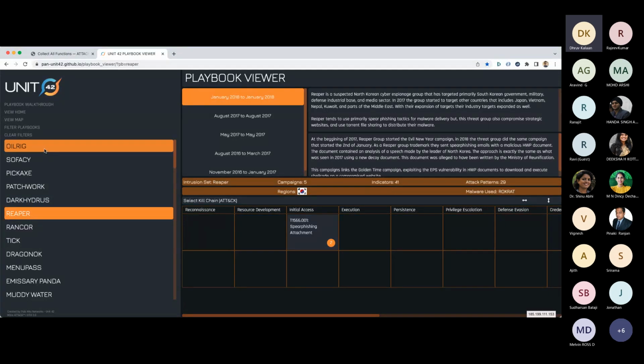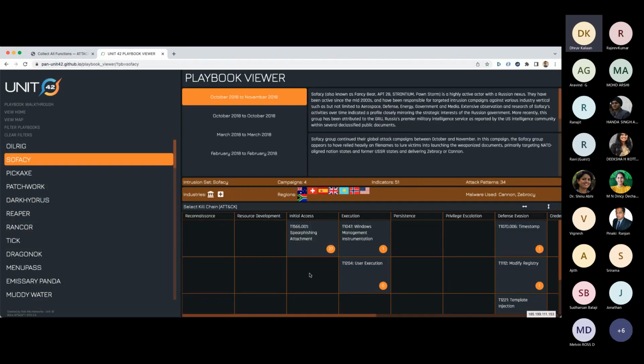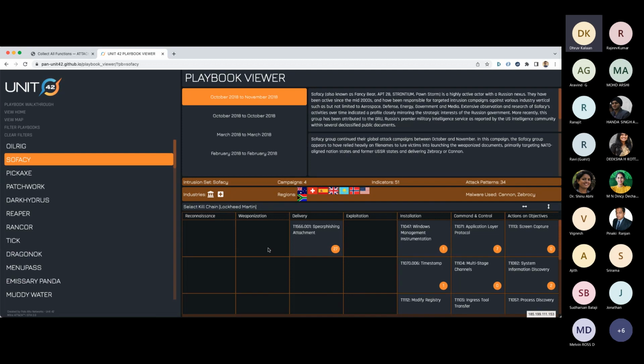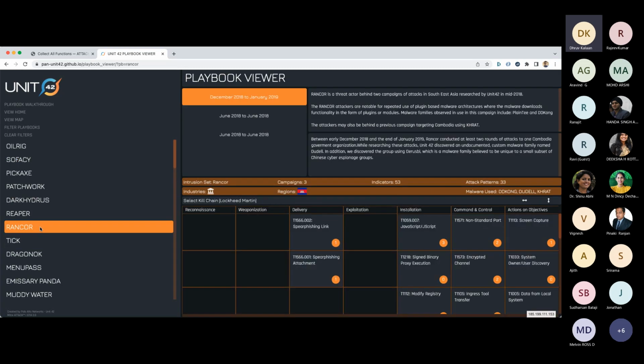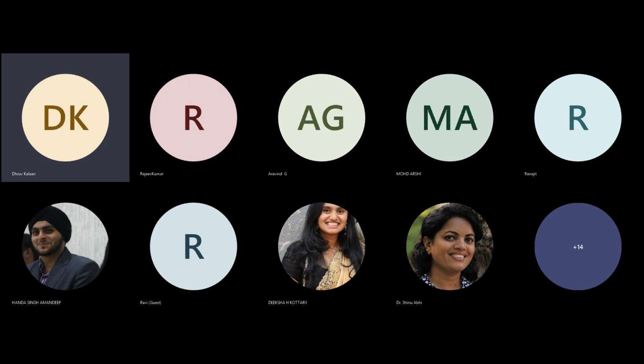So you have multiple adversaries on the left, right? And you can select which kill chain you're accustomed to and start looking at what kind of attacks, or where in the attack framework itself they start lying. Or if you want to look at the kill chain itself, you can start looking at what part of the kill chain they actually start recognizing to. So the idea here is that for every attack or every adversary that we have, we start designing these playbooks so that they aid us to see in what specific areas they actually come up. Do we have detection capabilities here or not, right? Further going into this,